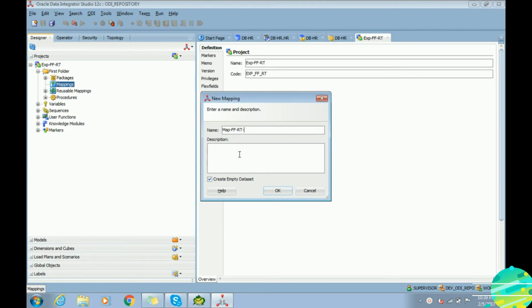I'm going to name it map-ff-rt-con. Uncheck the checkbox, create empty dataset, and provide a little bit of description.